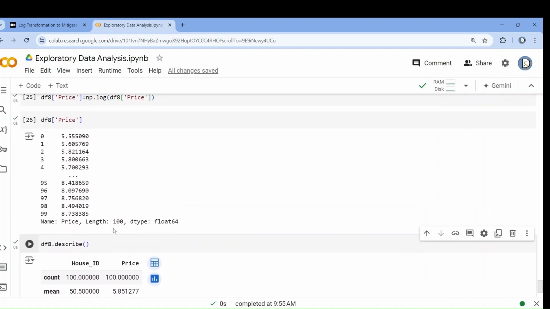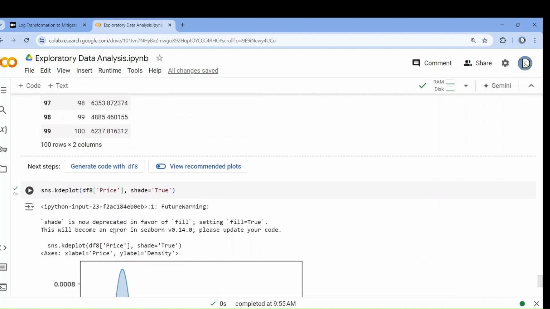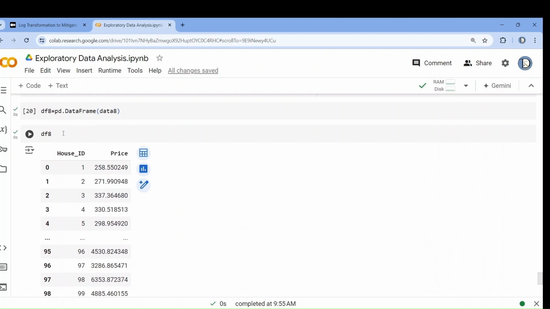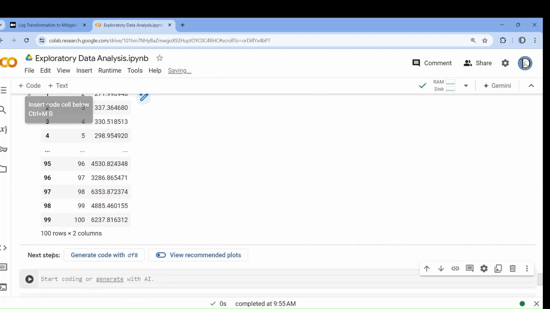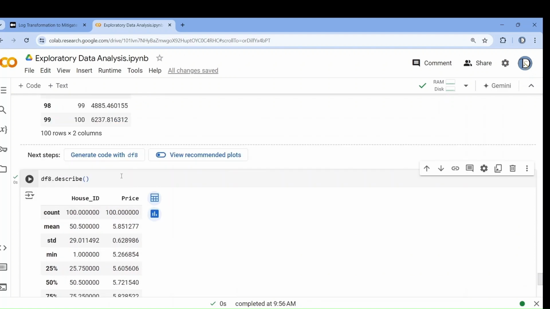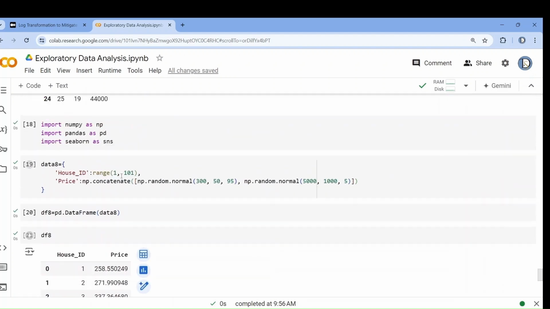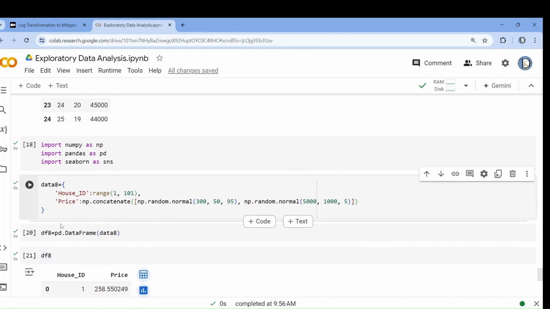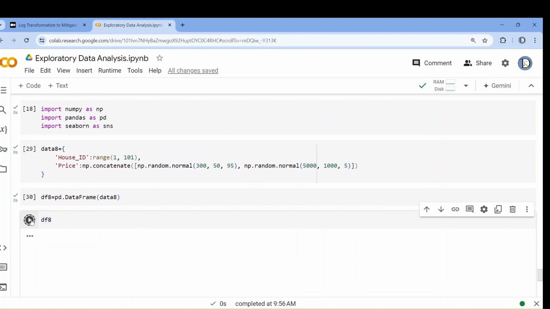Earlier it was like, let me show it to you here. df8 dot describe. Now if I run it, sorry, it has been changed, so I have to run this again. Now if I run it,